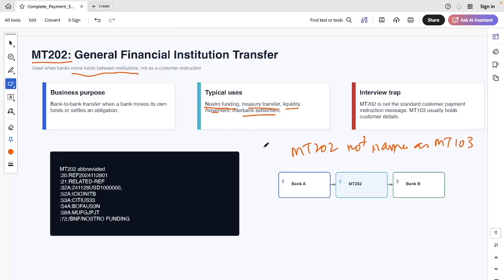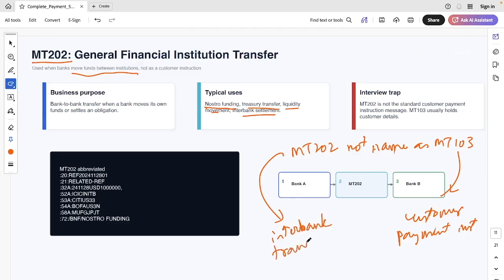The key difference is that MT103 is a customer payment instruction, whereas MT202 is an interbank transfer. So if someone asks which message contains the customer payer and beneficiary details, your answer should usually be MT103, not MT202. Think of MT103 as customer wants to pay someone, and think of MT202 as bank is moving money